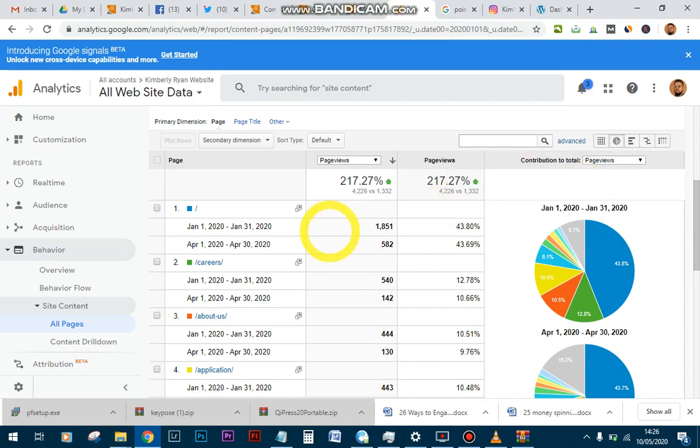January, everything was still fine. There was no coronavirus pandemic, COVID-19. But as you can see here, in January, there were 4,226 page views compared to April that has 1,332 page views. Now imagine, that means people going to your site as of January were visiting 4,226 pages. You get what I'm saying? They were clicking through